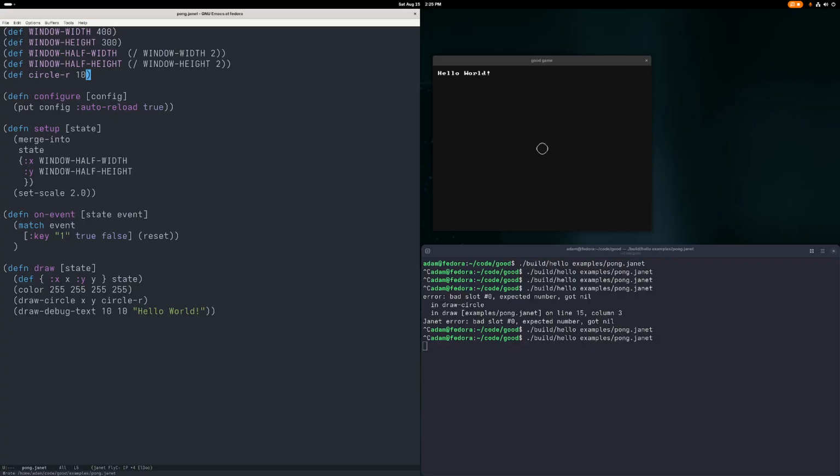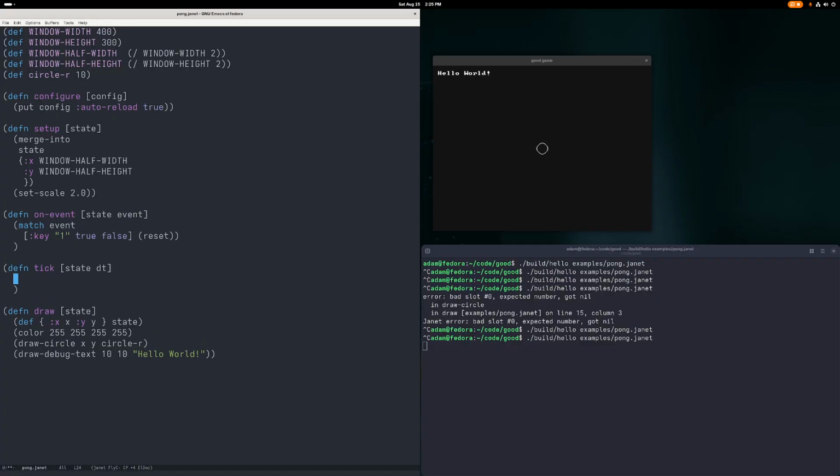Okay, let's go back to 10 for now, and then let's try and get our ball moving. So we could move the ball in draw. Nothing is stopping you, but like most engines like this, including Love2D, it's good to separate your drawing from your physics. So over here, we're going to do the same destructuring, and then to get our ball to move, we're going to go ahead and just do